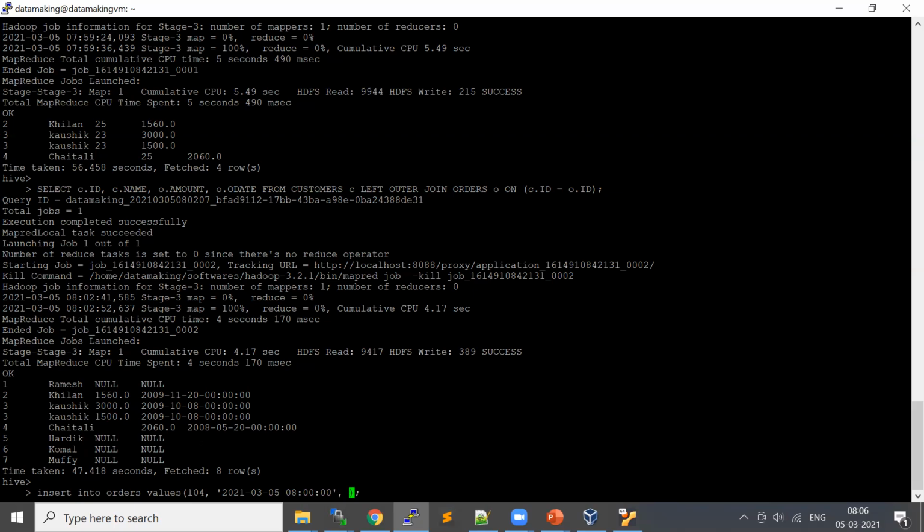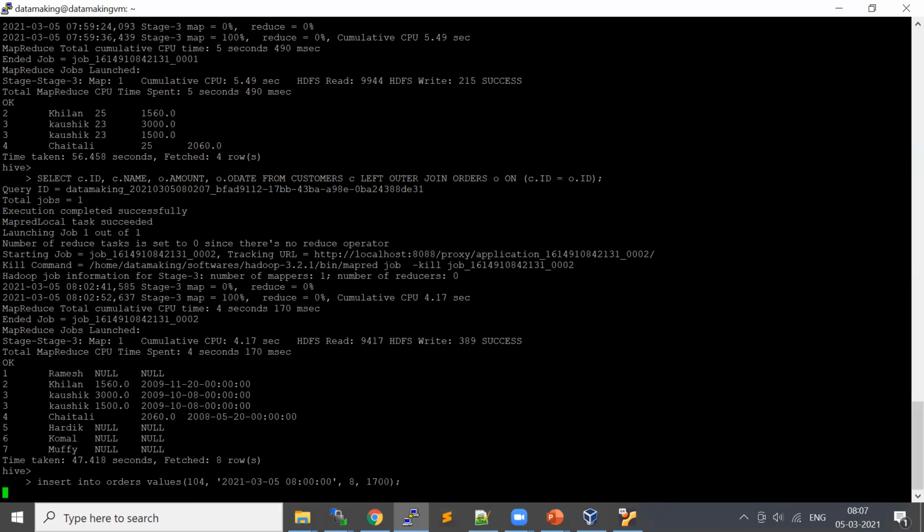And the customer ID, this record will not make actual sense, but to see a better join result, I just add customer ID as 8, which is not there anyway in the customer table. And I'll put order amount some $1,700.